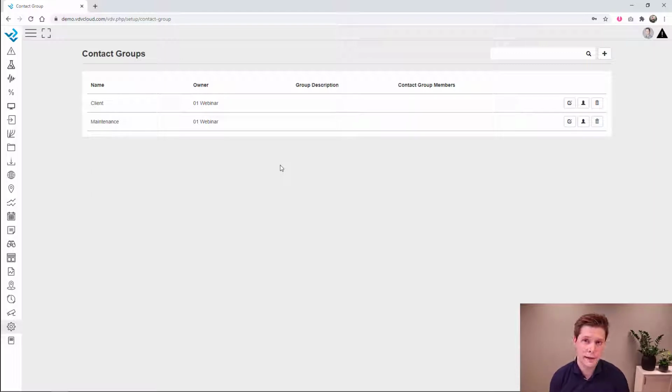A contact can be in 1 or more contact groups. So if yourself, you can be in all contact groups, and each contact group can have just 1 contact or more contacts. So they can be 2, 3, 4, 5, 10 contacts in each group if that is required. So if I click here the client